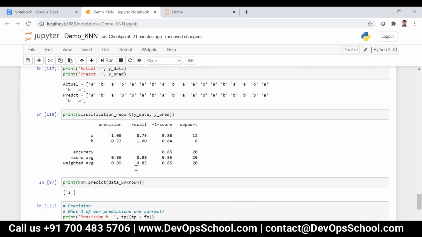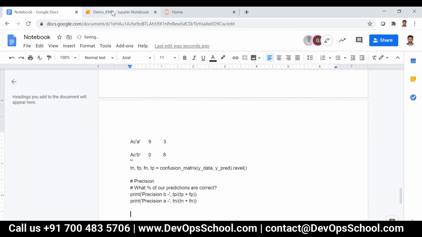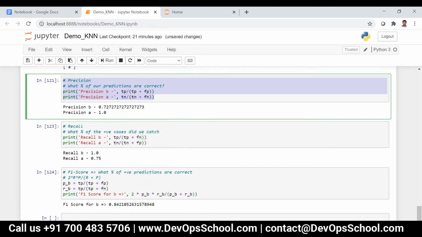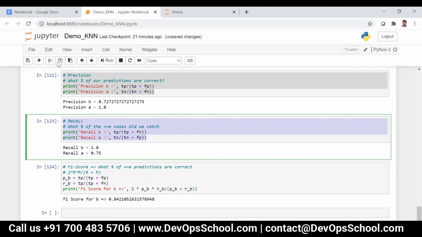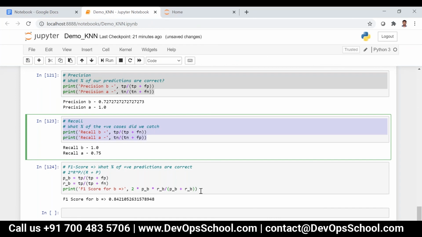Just see this one thing. For the F1 score, the definition is what percentage of positive predictions are correct. So some of the predictions are not correct.